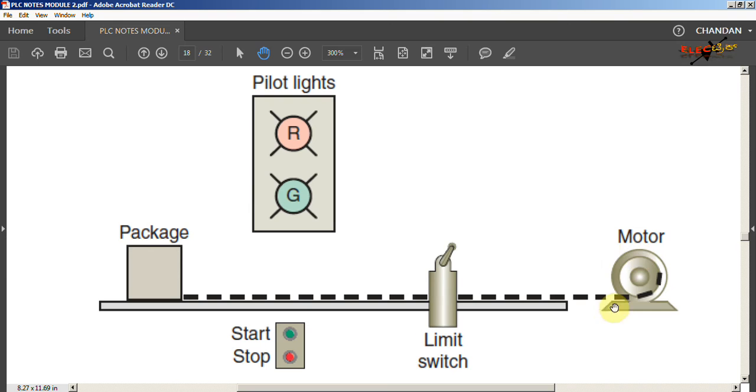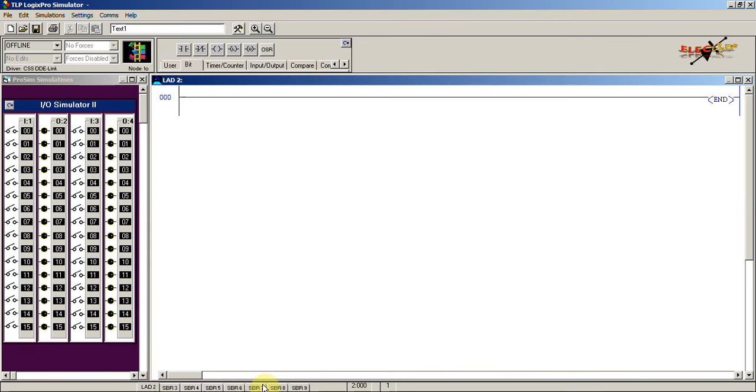and coming to the output, we have two pilot lamps and one motor. So to start this motor, we are going to use a motor starter coil, and then we're going to use these two pilot lamps. Means the total three outputs are there, three output devices and three input devices. From these three input devices we are going to control these three output devices, that we will see now.